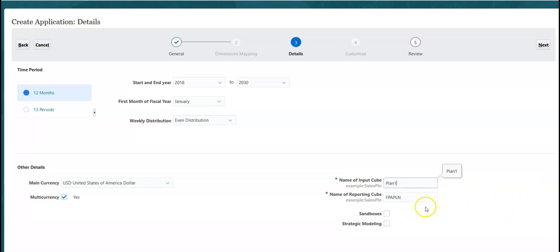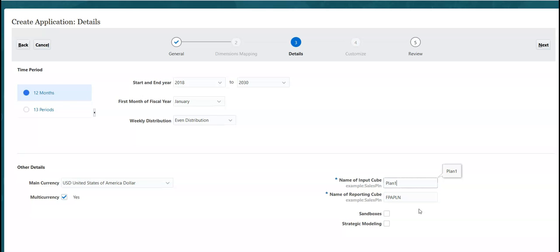And finally, sandboxes. So sandboxes enable users to keep their work not visible to others as they develop their plans. For the purpose of this course, we are not going to enable them, but that option is out there.